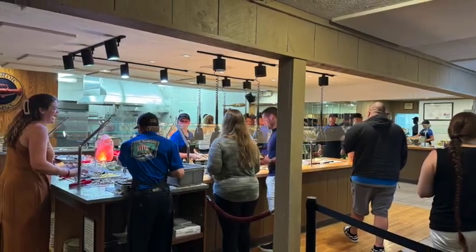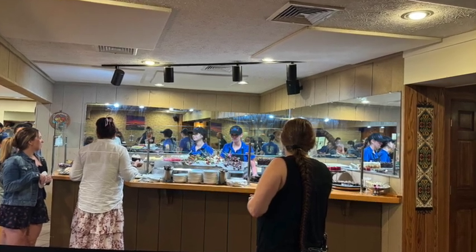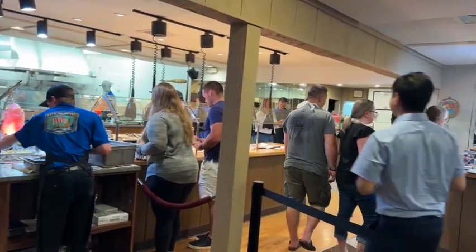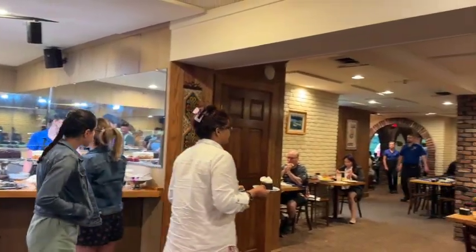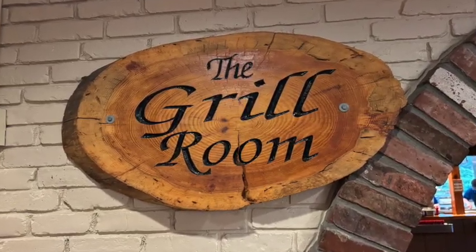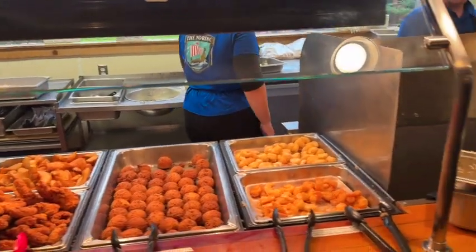Now finally to the buffet. Even though the restaurant seats 320 people, it never really feels crowded at the buffet. There's plenty of staff to serve certain items, so the line moves quickly. The grill room is where they have their chicken tenders, their lobster fritters, fried scallops, and fried shrimp,